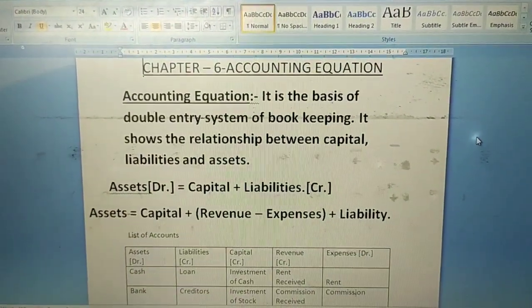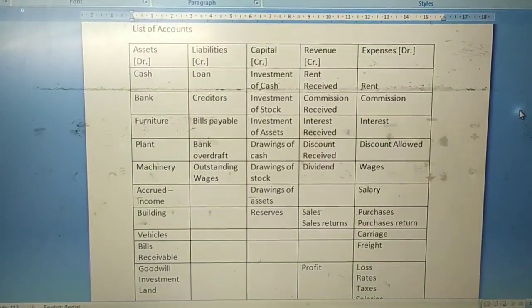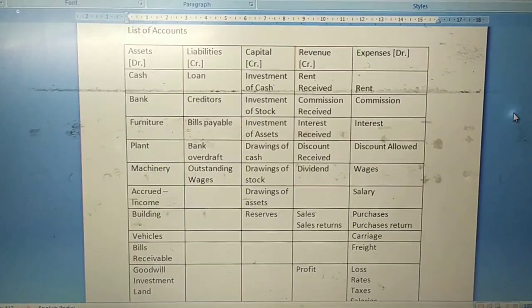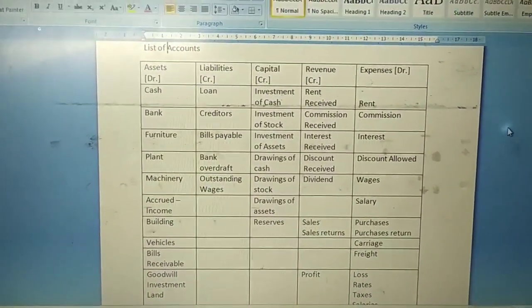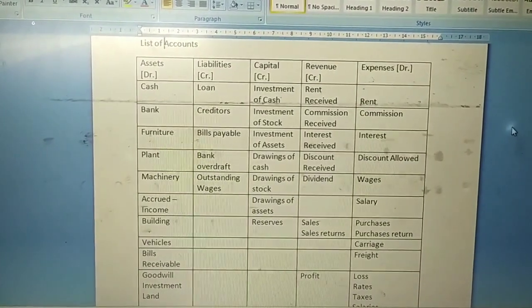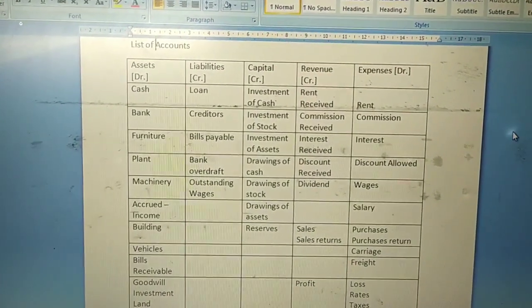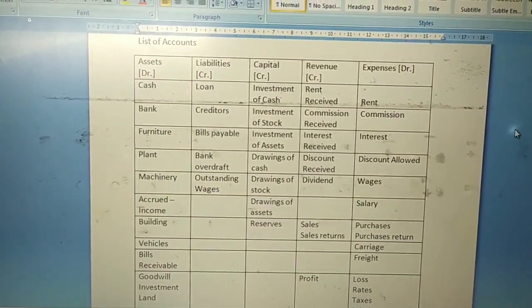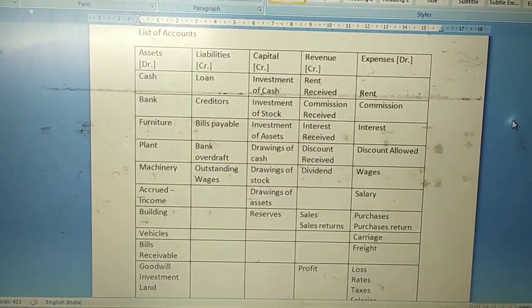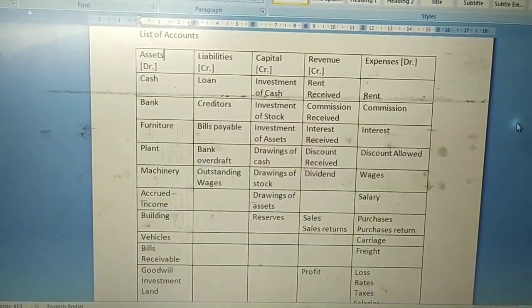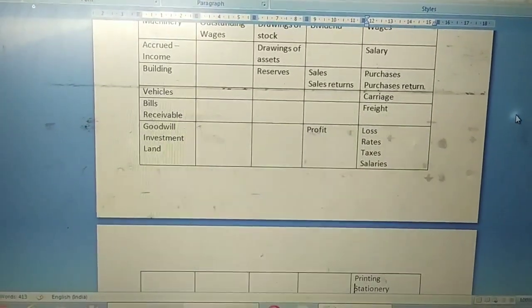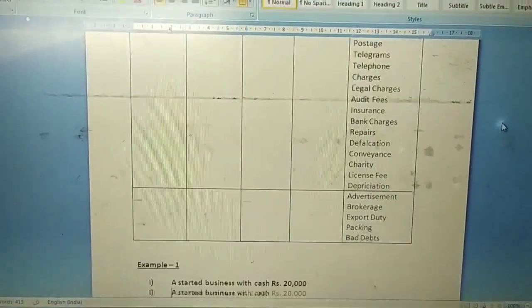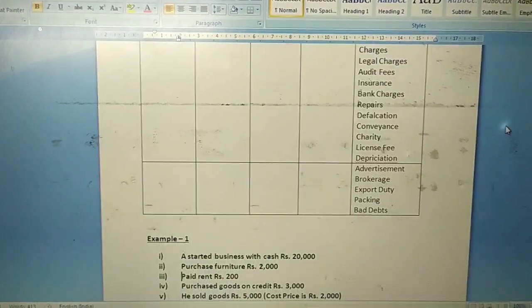Let's see what are the different types. The list of different assets, liabilities, capital, revenue and expenses is prepared for you, dear students. One is cash, which is an asset, bank is an asset, furniture is an asset, plant is an asset, machinery, accrued income, building, vehicles, bills receivable, goodwill, investment, land. Then it is after land we will be doing with the